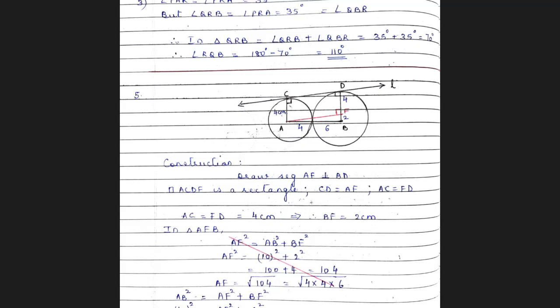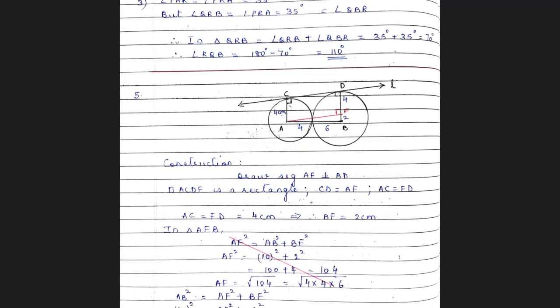Children, I hope you are able to understand what I am saying. Look at the rectangle ACDF. AC and DF are opposite sides of the rectangle. Therefore, both are 4 centimeters each. The remaining part FB is 2 centimeters. Why? Because the radius of that circle with center B, that radius is BD, that is 6 centimeter. So if DF is 4, the remaining portion FB will be 2 centimeters.